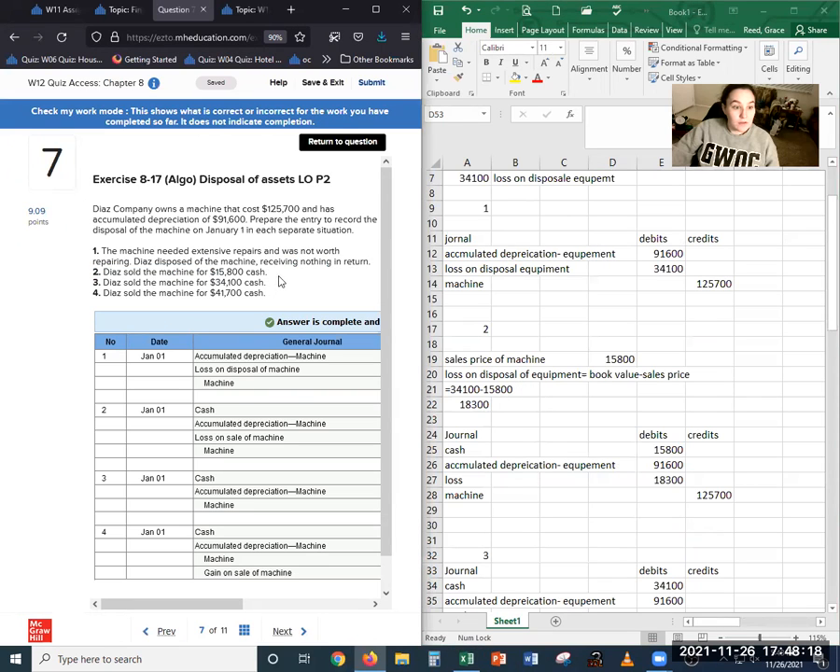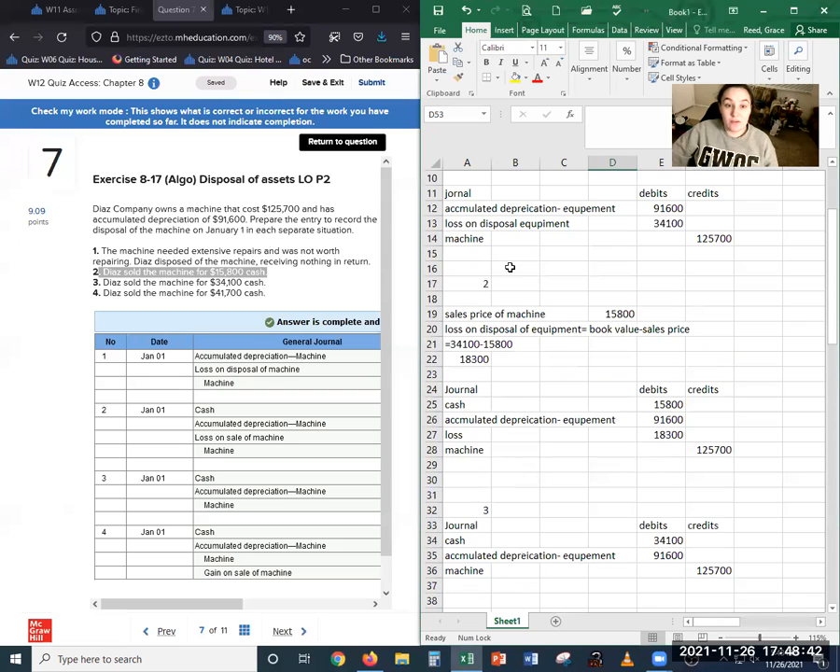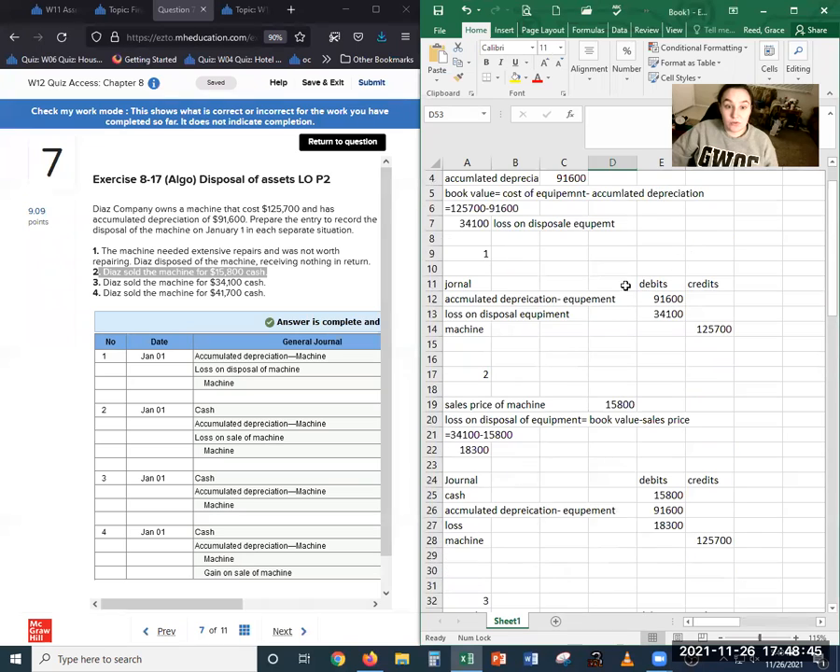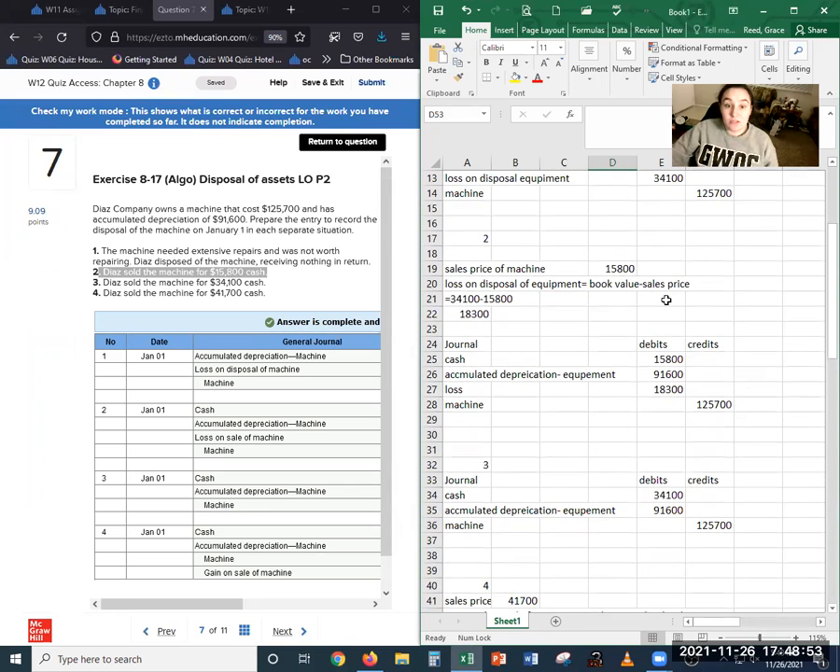For number 2, it's just saying that the machine sold for this much cash. So for journal entry number 2, you need to find the loss of the disposal on the equipment. You do this by doing the book price minus the sales price, which is, we already figured out up here, the loss of the disposal on equipment, and we did that by the cost of equipment minus the depreciation. So then we take that and we subtract the sales price on the machine to get the